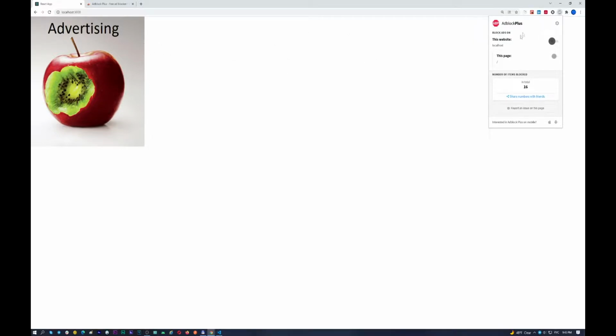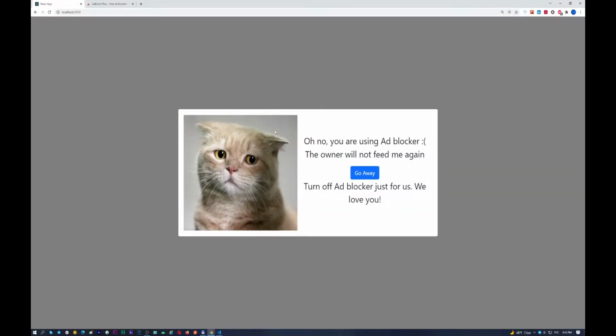So now my ad blocker is disabled, and when I enable it and refresh the page,